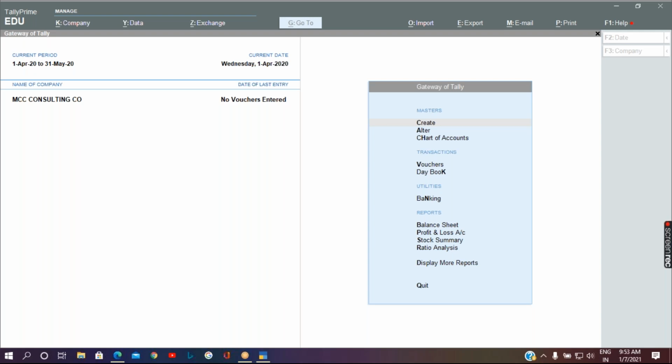So these are the situations where we are going to use contra transactions. So here it will be bank to cash or cash to bank account, or bank to bank account. So in this case, we are going to use contra transactions.